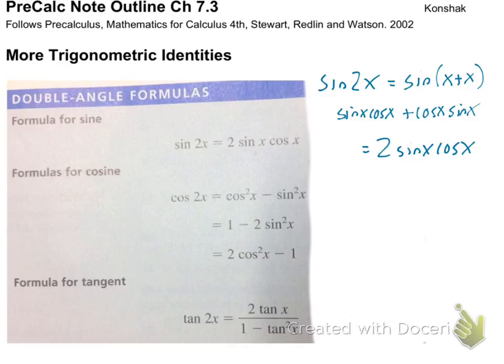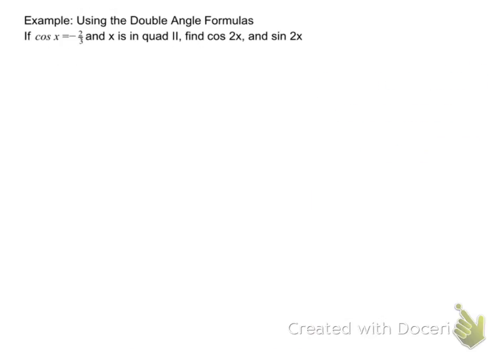The rest of them can be handled the exact same way. Obviously, with cosine, there's a couple ways that you guys can move things around, change things up, that ends up resulting in those 3 answers that they're okay with. And then tangent of 2x, you can do the same thing. Okay, so how am I going to be expecting you guys to use the double angle theorem, not only to prove things, which is coming up next, but what if I tell you that cosine of x is equal to negative 2/3